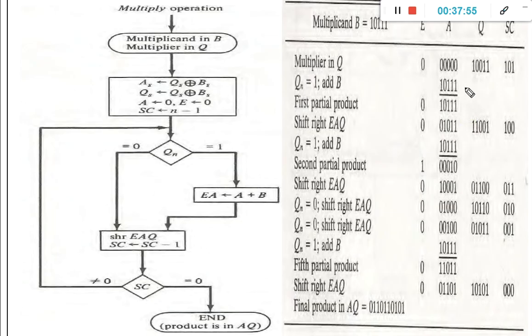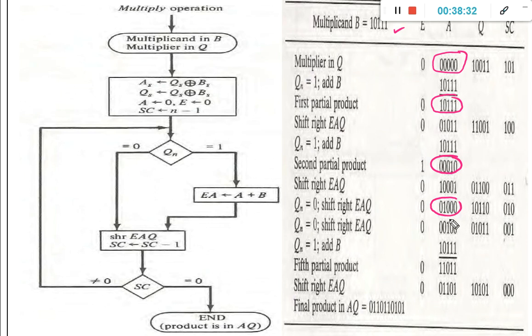If you see here, in this example also, initially the intermediate product A value will be all zeros, and in the first partial product it will be changed to 1 0 1 1 1, same as the B value. In the second partial product it will be changed to 0 0 0 1 0, and in the third partial product it will be changed to 0 1 0 0 0.